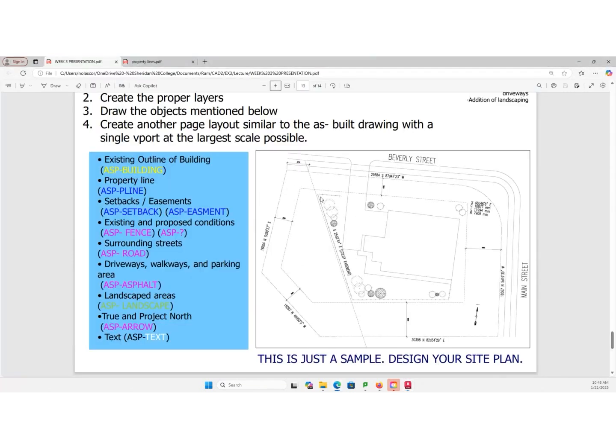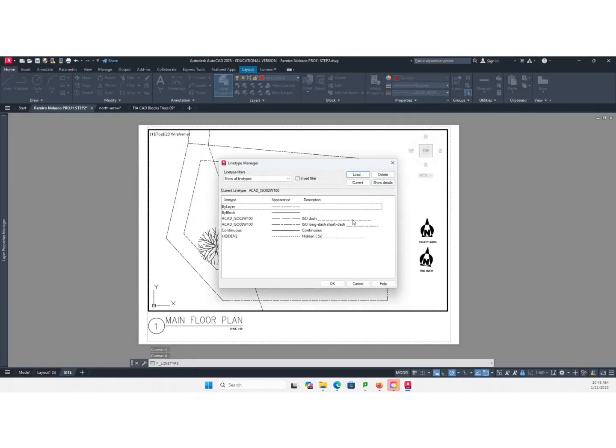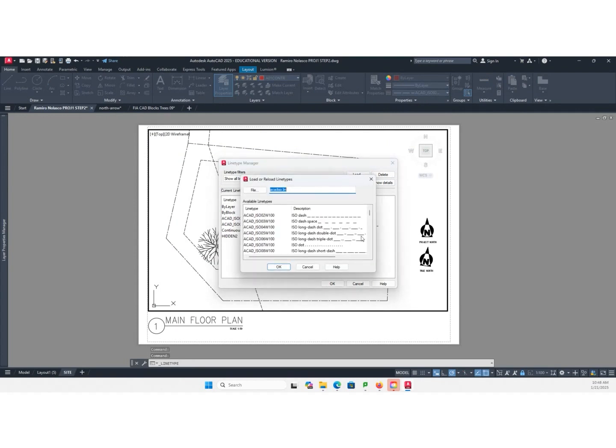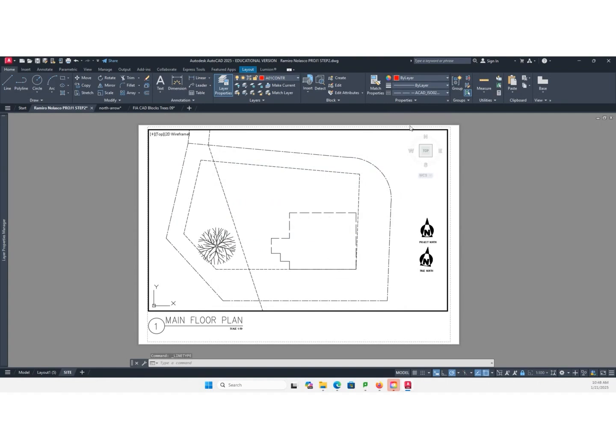Okay. Utility line. Okay. So change this to other load. Do I have a utility line for ACAD ISO? Unfortunately, I do not have one. So I might need to use this one, fence square. Click OK. Fence square.